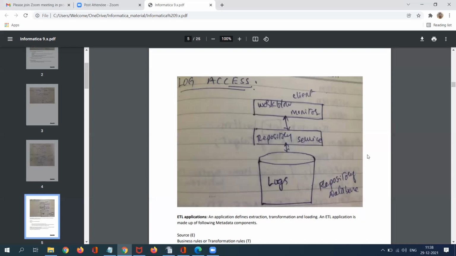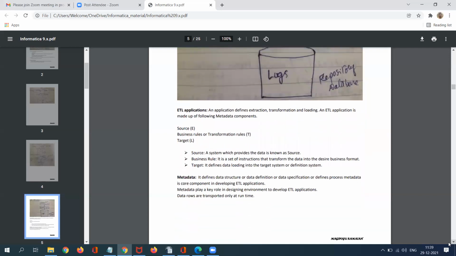If you are going to design any mapping, three clients will come into the picture: repository manager, designer, and workflow manager. And when you are going to run any workflow, the workflow manager will be active and it will help you to run your data, which is nothing but loading the data from source to target table. These are all the high level environments that we have.